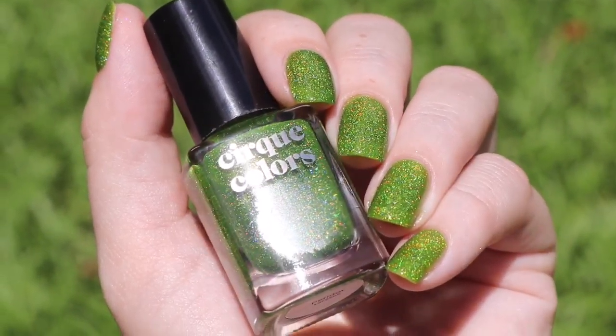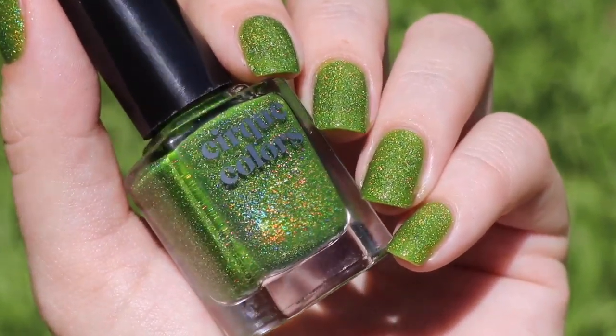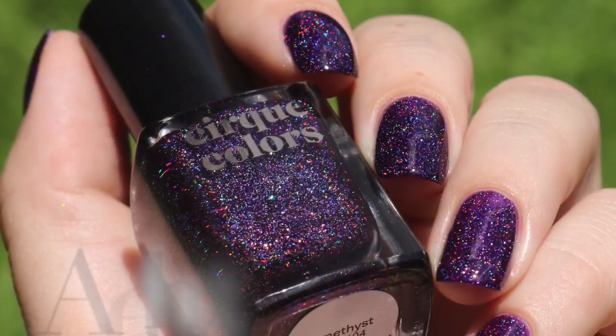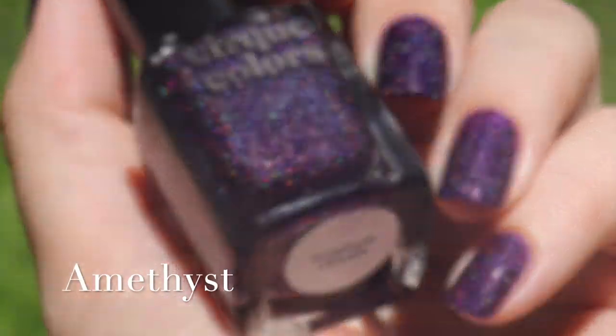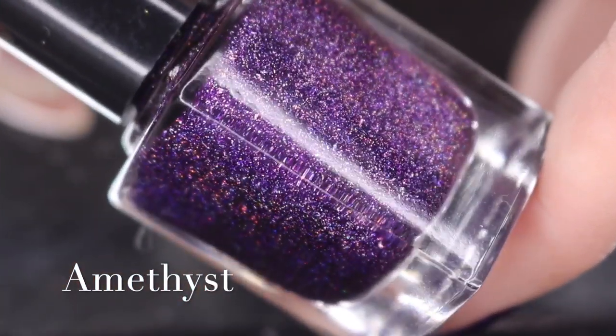So here is a look at that from a different angle with a coat of glossy top coat. I could stare at this rainbow forever. This is my final swatch photo at an angle, again in that direct sunlight. Rounding out the collection today, I have Amethyst, and she is described as a deep purple jelly nail polish with